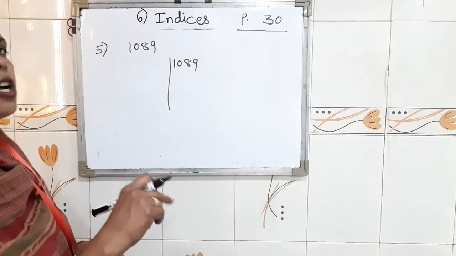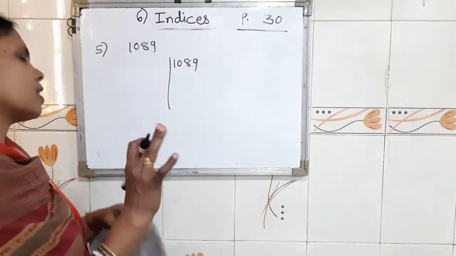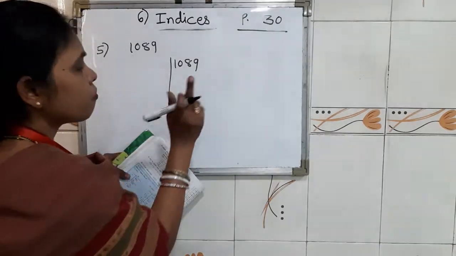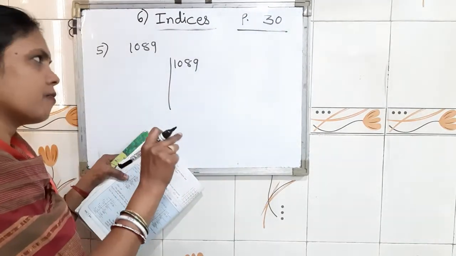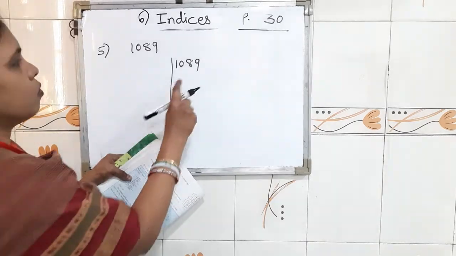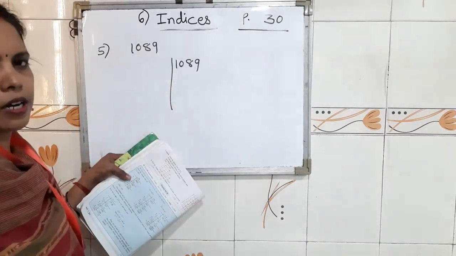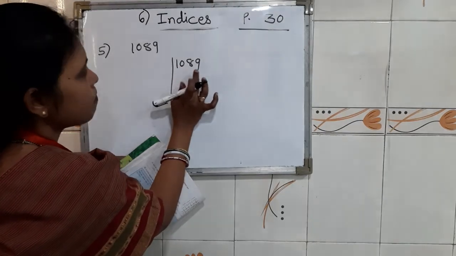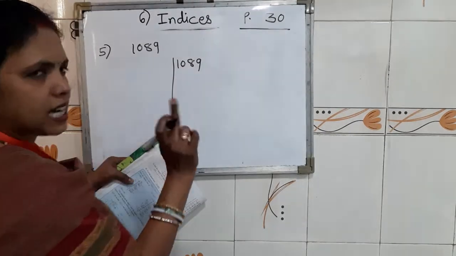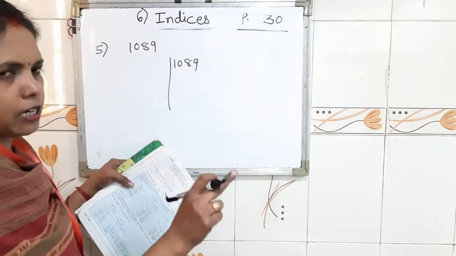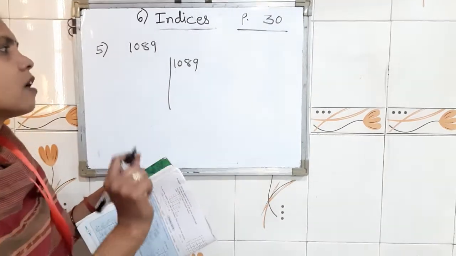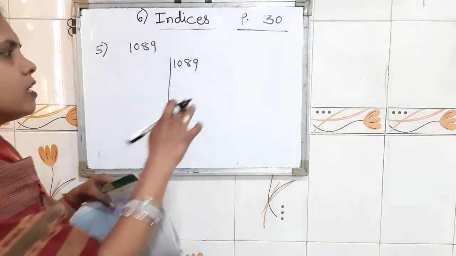So we will see our other factor, that is 3. To check divisibility by 3, what will we do? We will add the digits of the given number. 1 plus 0 plus 8 plus 9. 1 plus 8, 9. 9 plus 9, 18. Means 18 is in the table of 3. That's why we will divide